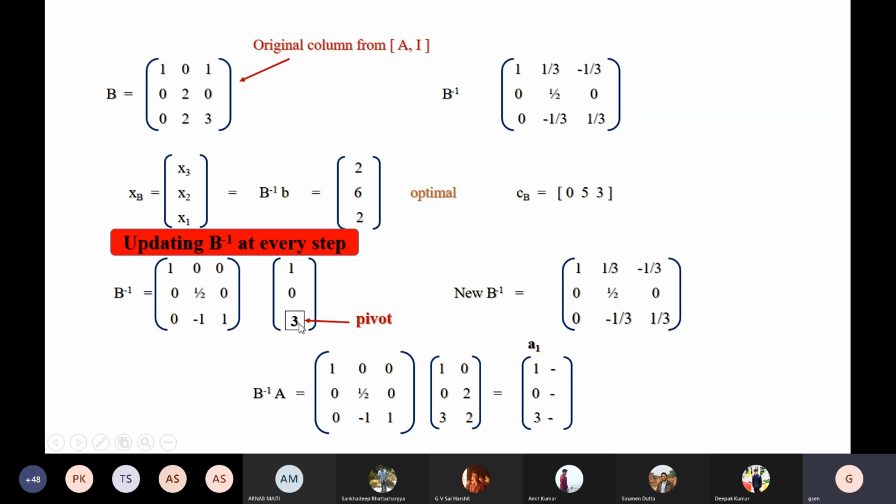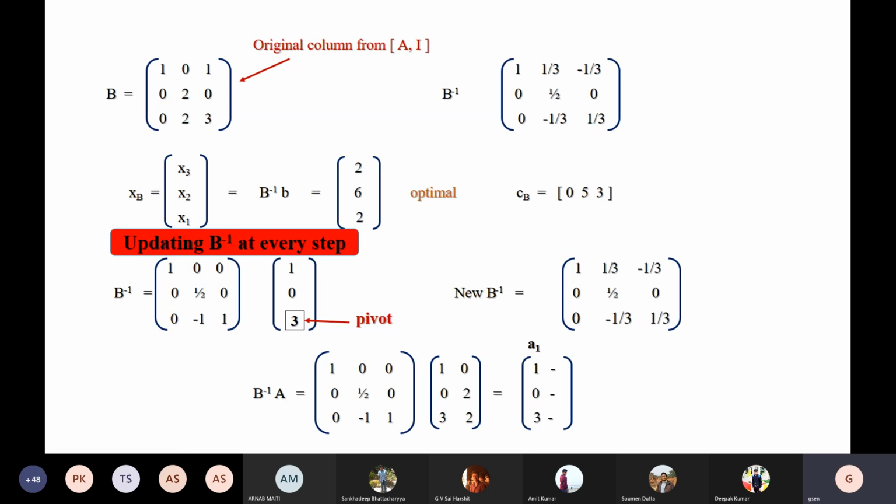In order to pivot this column around this 3, you make it first 1, so you divide it by 3, so you also divide the last row of B inverse by 3. The middle row is unaffected and the first, you subtract from the last element, right? So you also subtract this first row from the last row and you get this new B inverse, which is exactly the same as this. So you don't have to write this B and then calculate B inverse from there. You can directly compute B inverse from the old B inverse. This is what I'm saying.